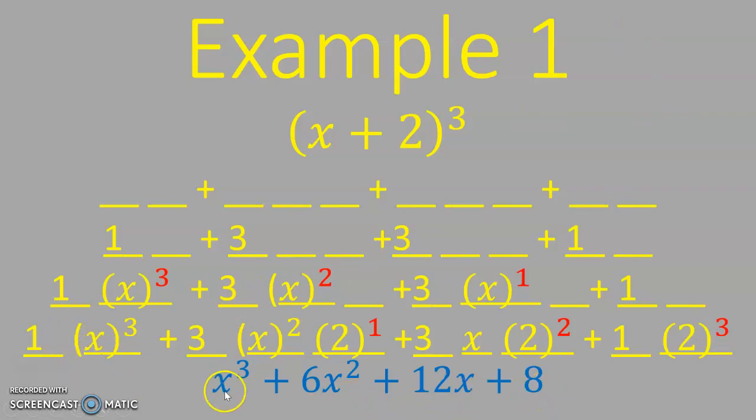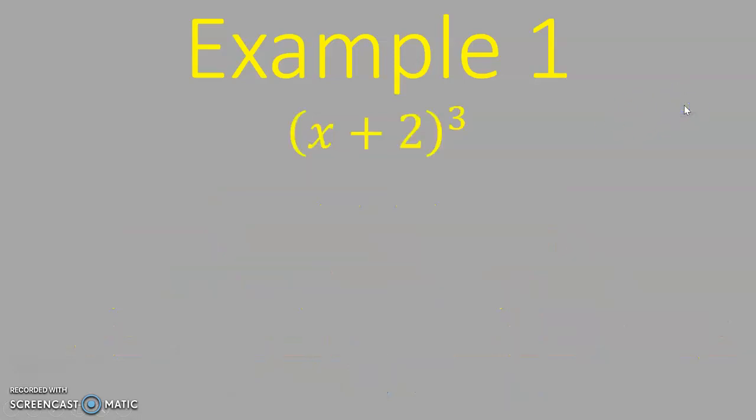x cubed times 1 is just x cubed. Right here it's 3 times 2 to the first. That's 3 times 2 is 6, x squared. 3 times 2 squared is 3 times 4. That's 12x. And then 2 times 2 times 2 here on the end. Notice your variable, x to the third, x to the second, x to the first, and then x to the 0. It counts down. A more difficult example, or actually before we get to that more difficult example,